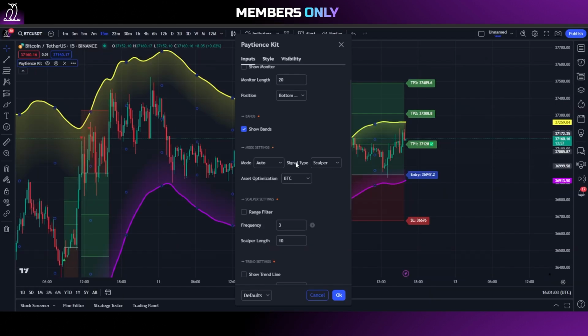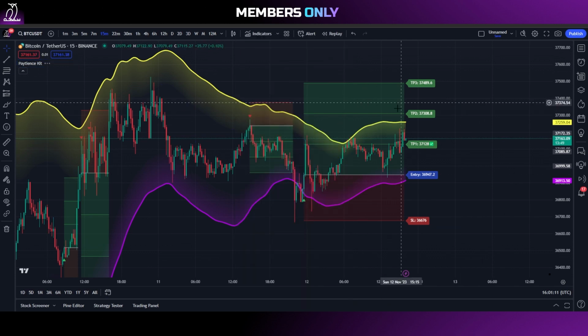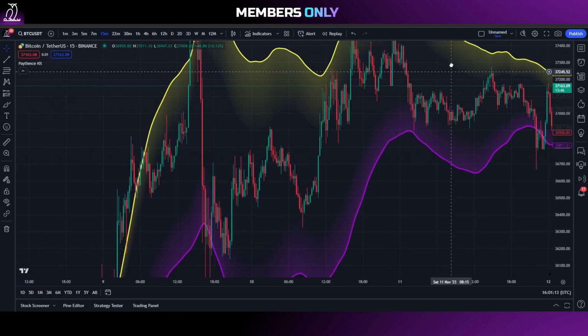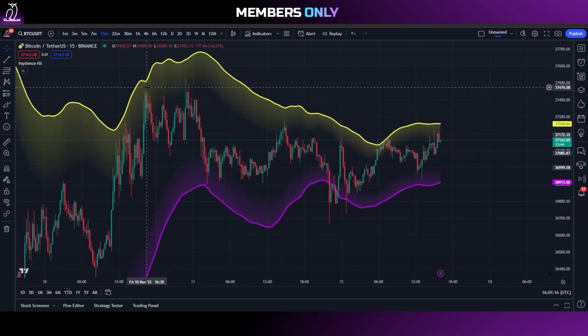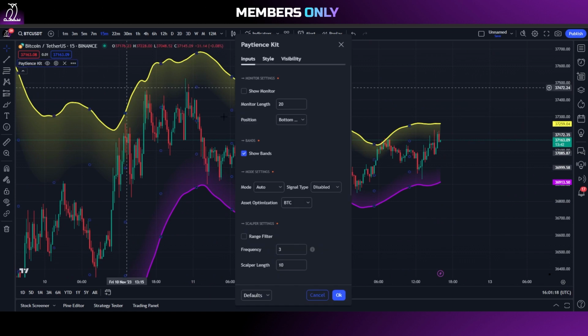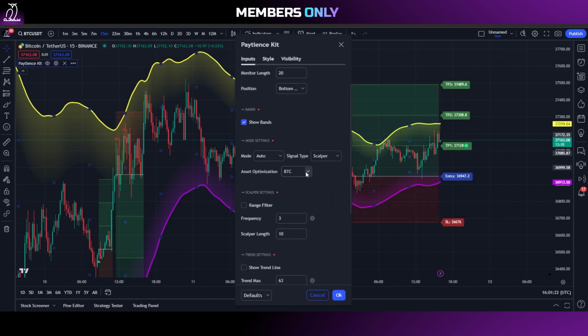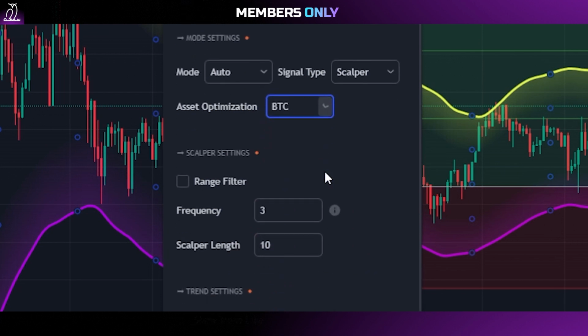Now, we have the signal type as well. We have the scalper mode, and we have the trend mode, and then we have disabled, which basically disables any of the signals that you see here, so you can just see your clean chart with the bands right there. Now let's turn it back onto the scalper mode, and now I want to show you the asset optimization modes,